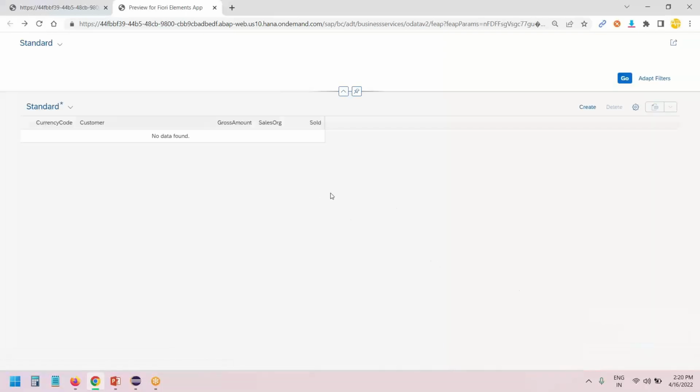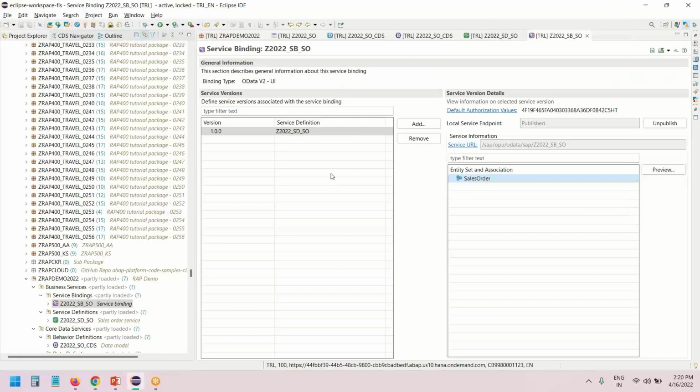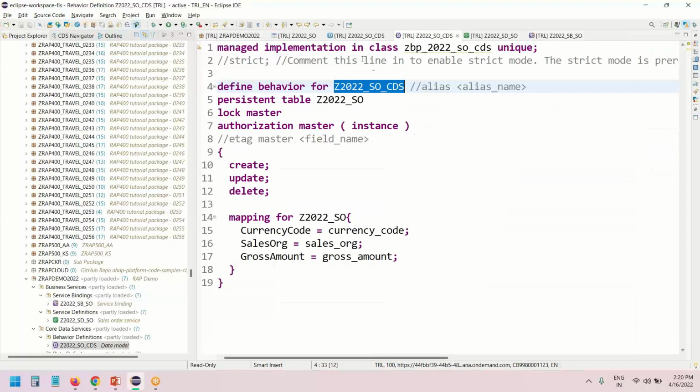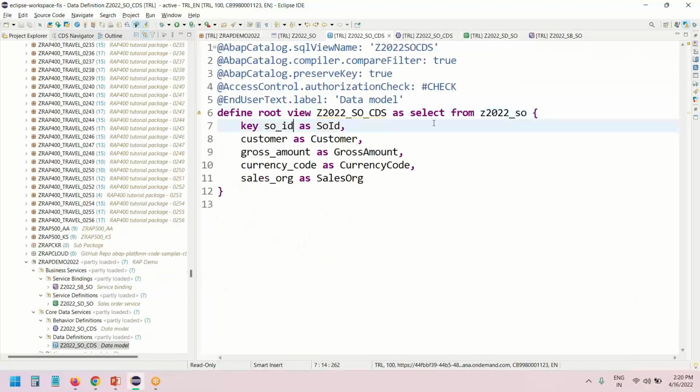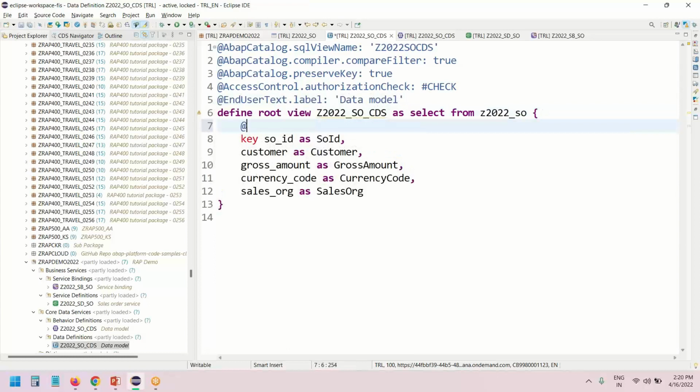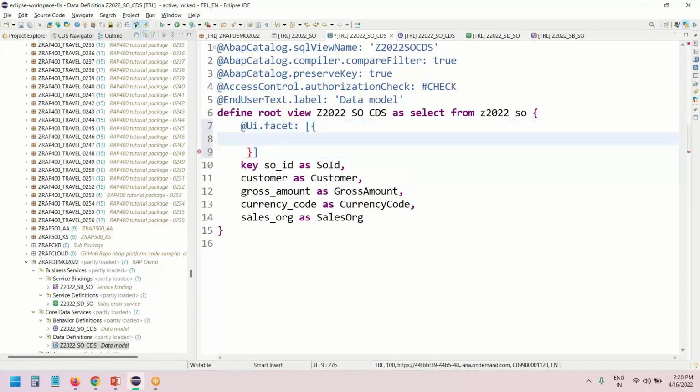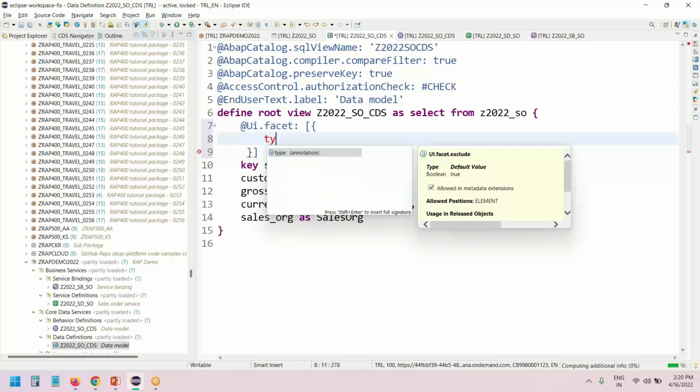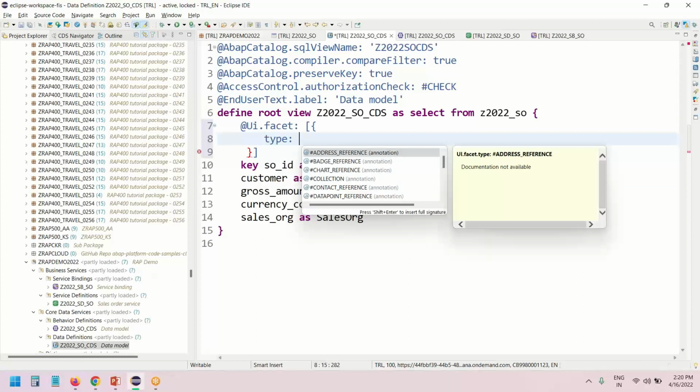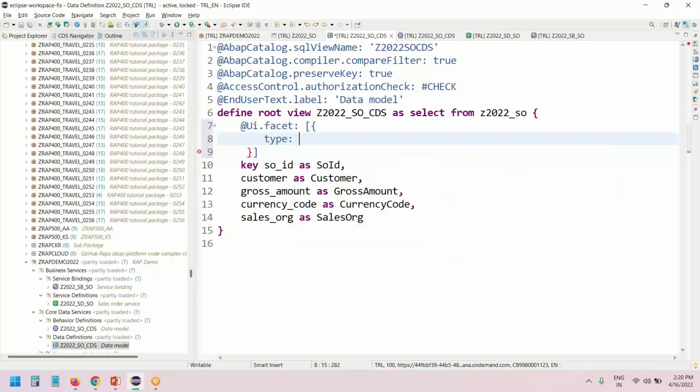So to be able to create new record in the system, we have to add a couple of annotations. So we go back to the CDS view and define a couple of annotations. So our main annotation is called a UI facet annotation, because we want to add these fields as UI fields on the screen. So we are going to create a UI facet as identification facet,